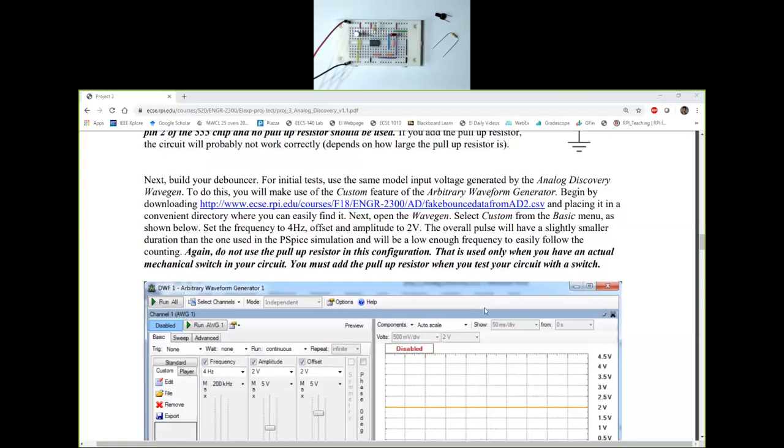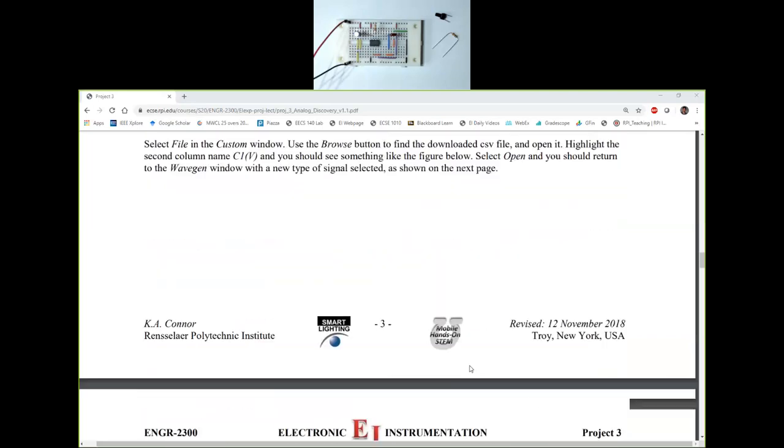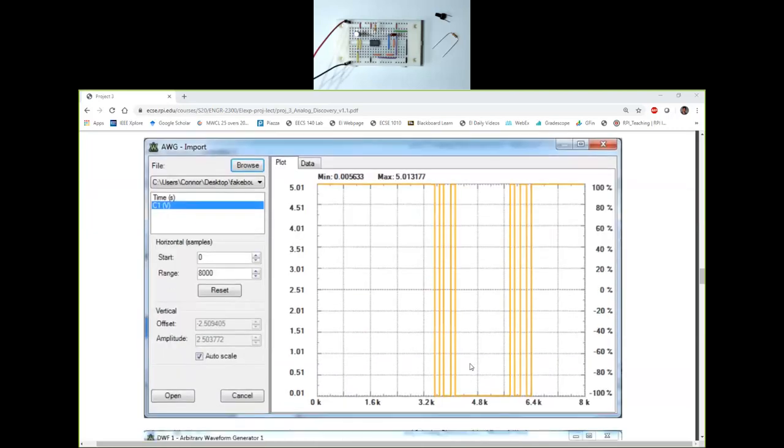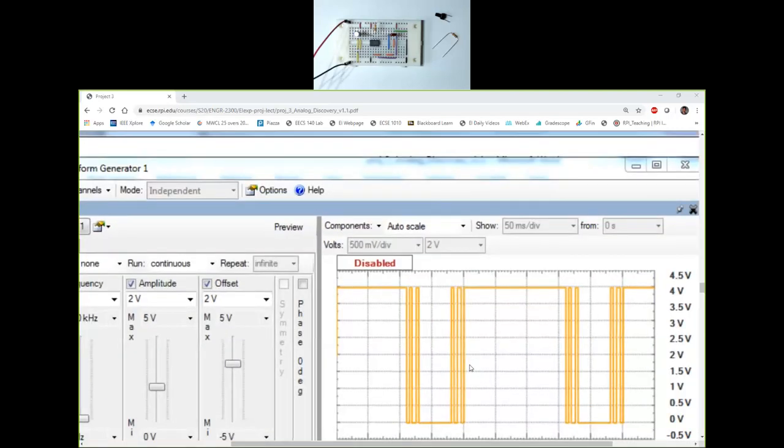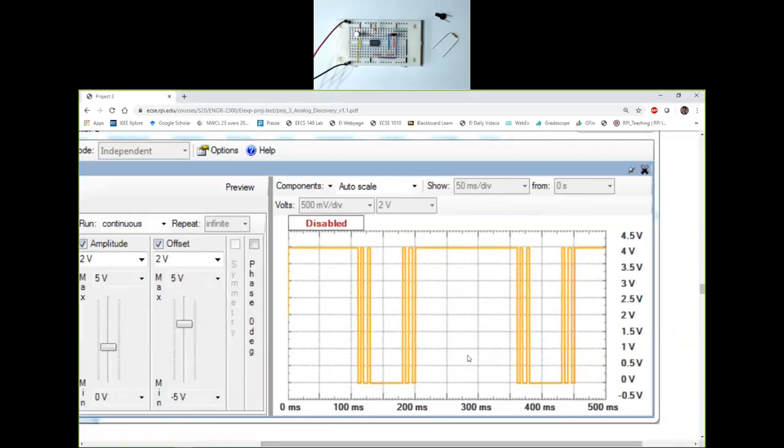You have typically seen square wave and sine wave and triangle wave being generated by the Analog Discovery board, but we can also generate a custom voltage waveform, which we are going to do in this case. So if we do this right, our voltage waveform should look like this. If you are looking at the screen, the project 3 write-up screen, we are going to be generating